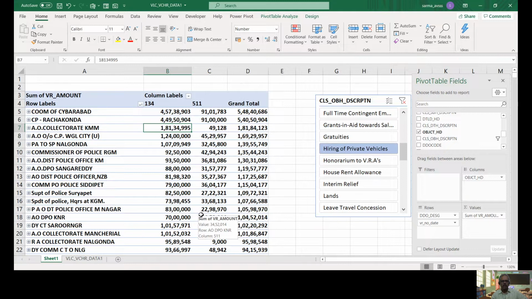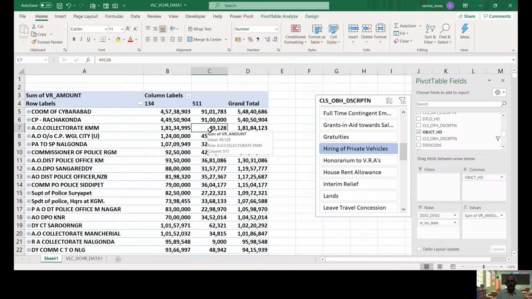Suppose the Collector, Khammam, right? He is spending 49,000 on maintenance. Maybe when we go for the field visit, we can identify what vehicles are owned by the Collector, Khammam, and we can pick up the vehicle number, and check whether the same is being used in the bill or not. So that is one issue. Or whether it is really in working condition or in a damaged condition or a condemned vehicle. So many issues will be there, so that we can cross check.